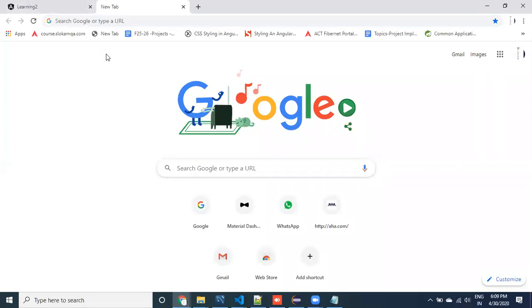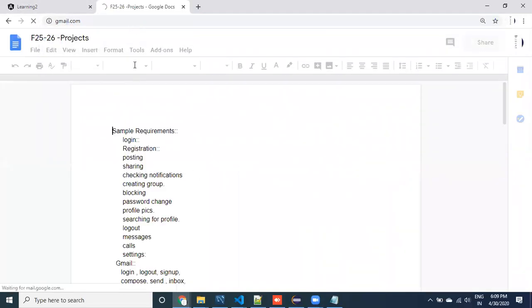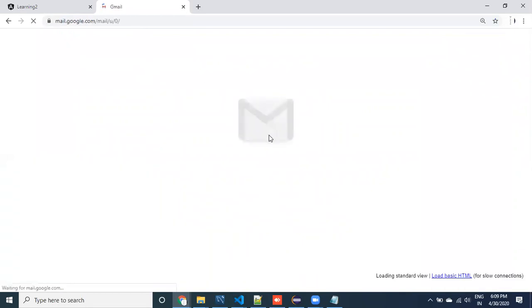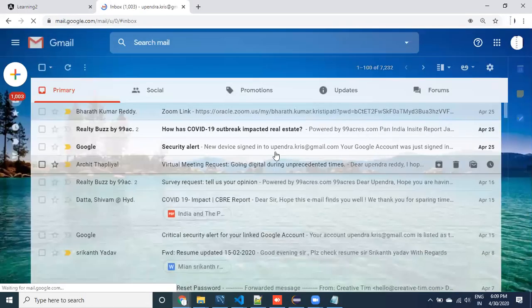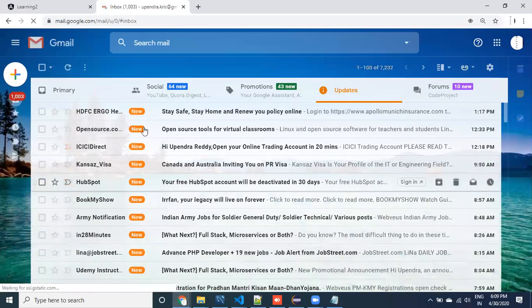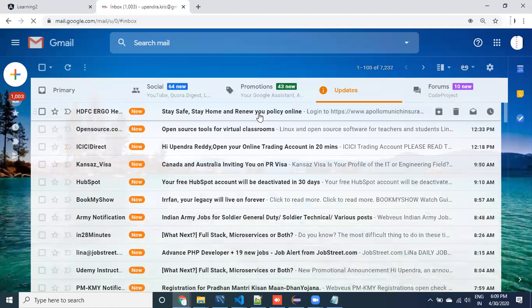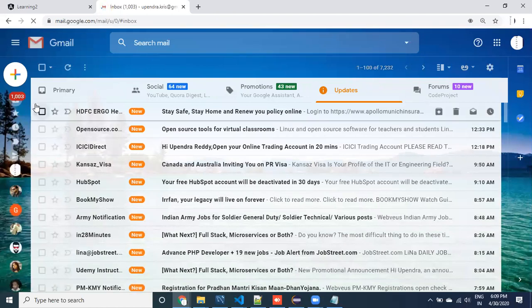Okay guys, let me open my Gmail application, or any mail ID or web application. This is a web application, of course. This is a SPA-based web application, and it is the example for a SPA-based application. Now let's look at it, guys. I want to give you the concept of SPA. I'm going to give you a practical example.